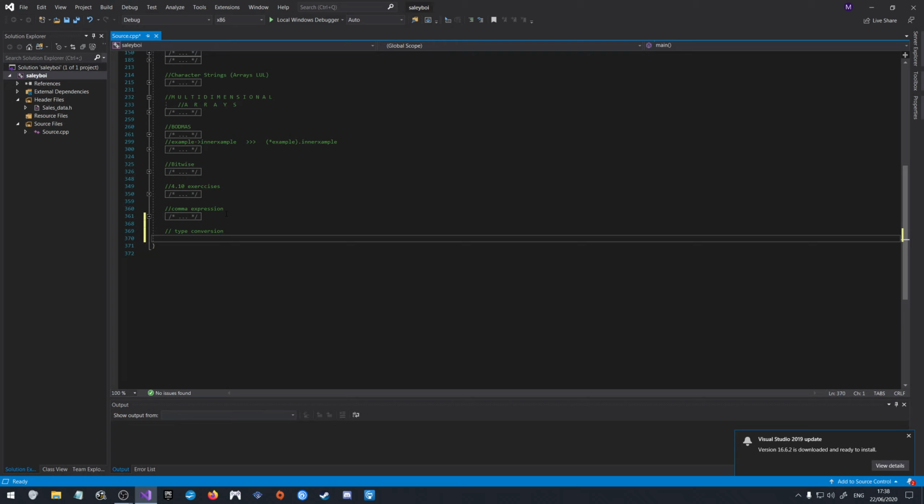Arithmetic conversions, here we go. The rules define a hierarchy of type conversions. Excellent. If one operand is of type long double, the other operand is converted to type long double regardless of what the second type is. More generally, in expressions that mix floating point and integral values, the integral value is converted to an appropriate floating point type. So as I was just saying, if you have any floating point stuff, or if you have numbers which exceed the storage capacity of an int or a short, which other things in your expression are using,